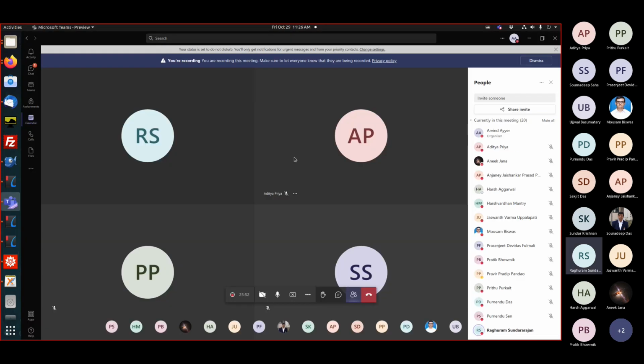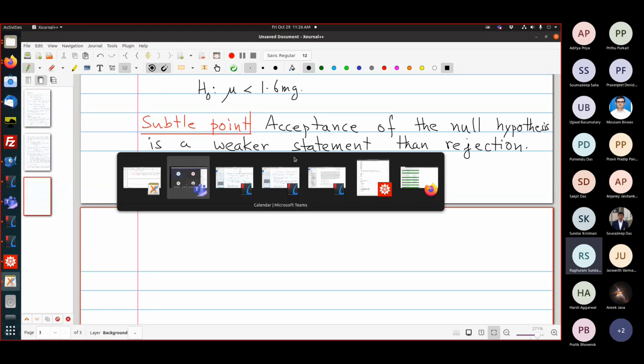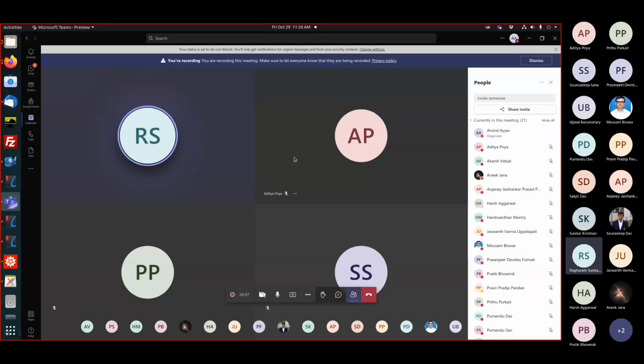Okay, sir, I had a doubt about that as well. Why are they not on par? Why would this hypothesis testing procedure and calculation work if we make acceptance a weaker statement, but fail if we make it a stronger statement? No, because this is the difference between type 1 error and type 2 error, right? So we calculated type 2 error. This, of course, depends on knowing mu, the true mean.